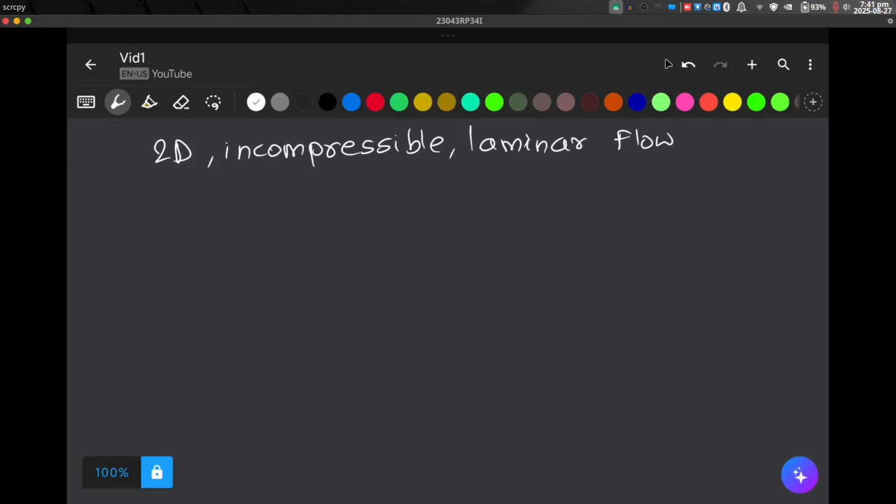Nothing fancy. For this, we have also created the domain, as I have already told you, a simple 2D domain, a 2D square if you may, with the lid moving. What are the other things? I assume that the fluid is air,